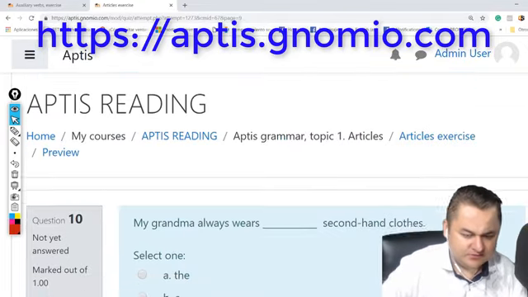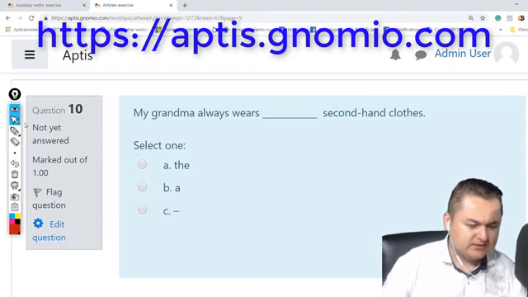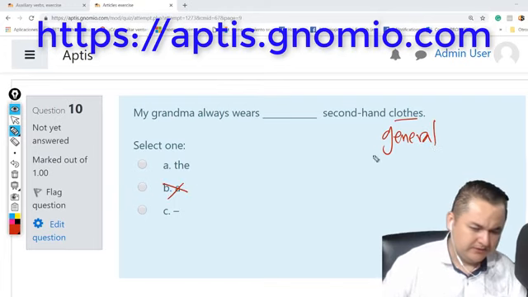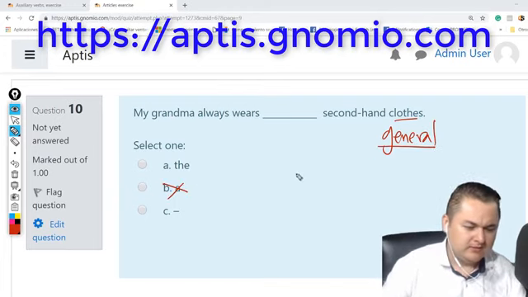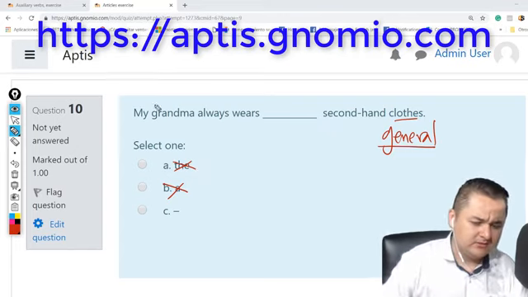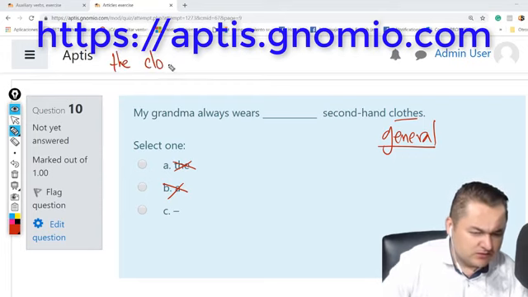Then we have this one right here. It says, my grandma always wears, and then second-hand clothes. Second-hand clothes. This is general. It couldn't be a because it is general. It couldn't be the because I'm not talking about a specific group of clothes. I can say the clothes